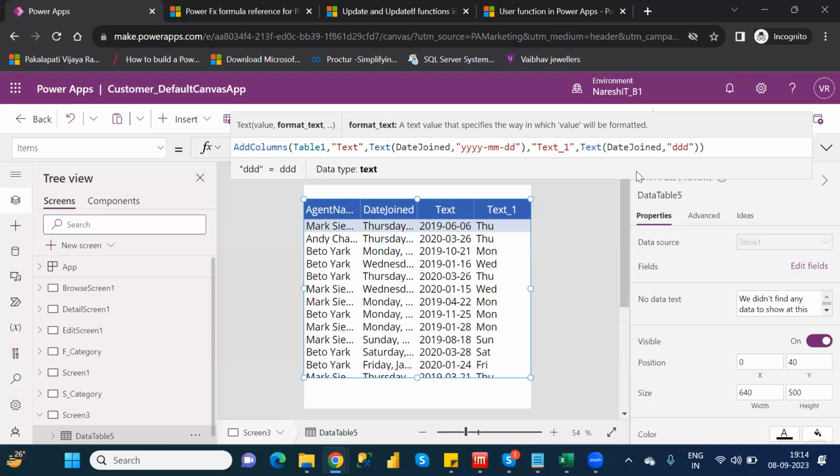If you are giving three Ds, it means the shortcut of the week name. What is that? Shortcut of the week name. If you are giving four Ds, it means the full week name will be displayed. Understand clearly? Or not? Full week name will be displayed. Suppose, for example,